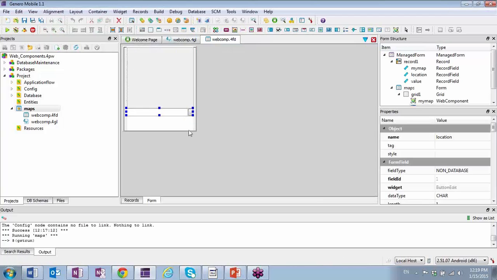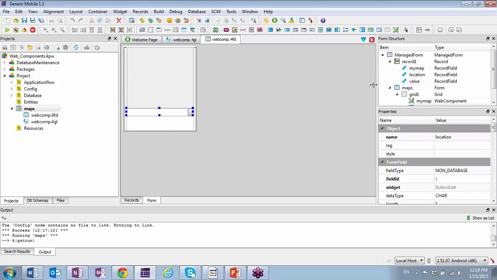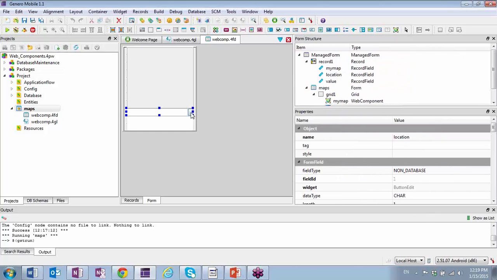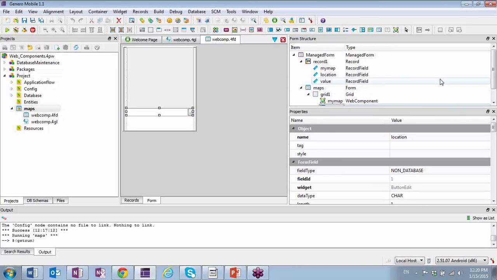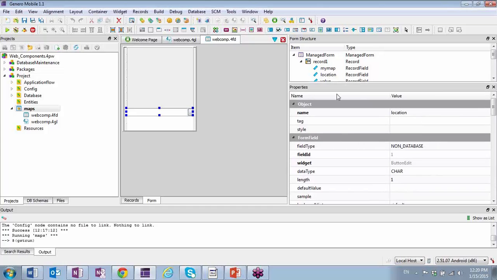Well, actually, there's one more thing that made me realize that I hadn't showed you something. Let me go back to the form for just a second because I forgot to show you kind of an important part here. And later on you would wonder about that, I imagine. So notice in this particular form field, this is just to allow the user to make a change. So notice that we have a button edit widget. If you remember, we used button edit widgets before